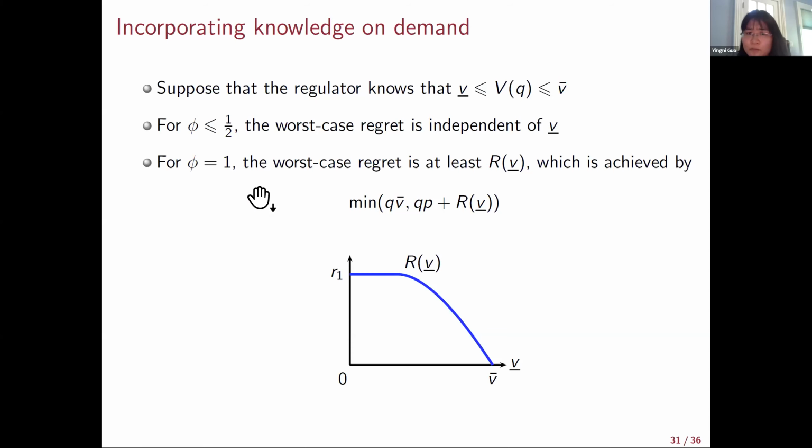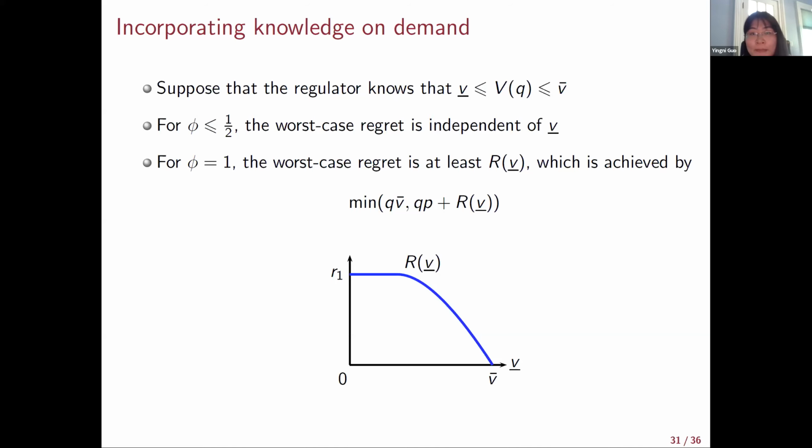Right. So for phi greater than 1, as you can see here, if V lower bar is smaller than this value, our result still holds. But if it's above, then the regret is getting smaller. So this roughly would give you an idea of how to shift this box to still get our result. But that's a very good question.